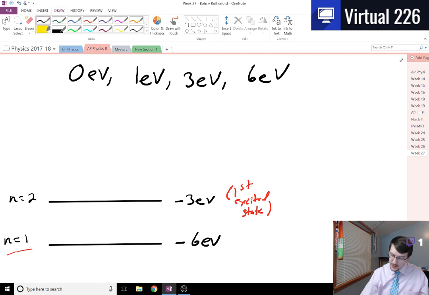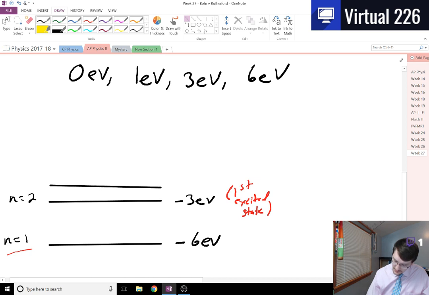For our other levels we have here, we have -1 electron volt, and it's important that as we draw these lines, if we're drawing them in a way to scale, we're starting to close the distance between them. There's less of a spacing. And as we get to 0 electron volts, our last level, we have,